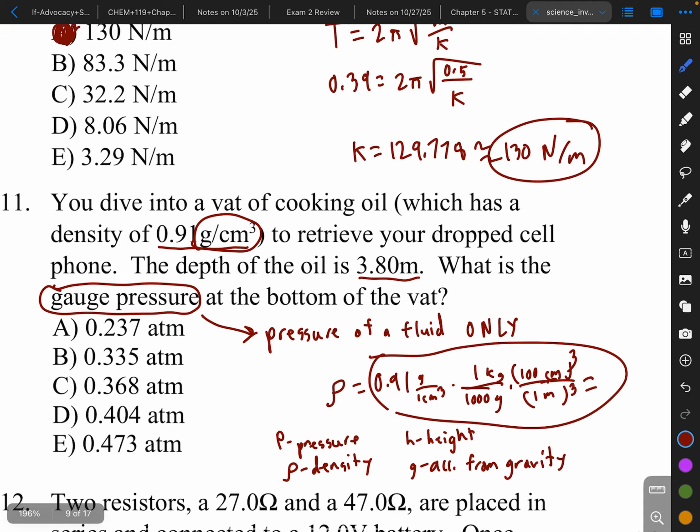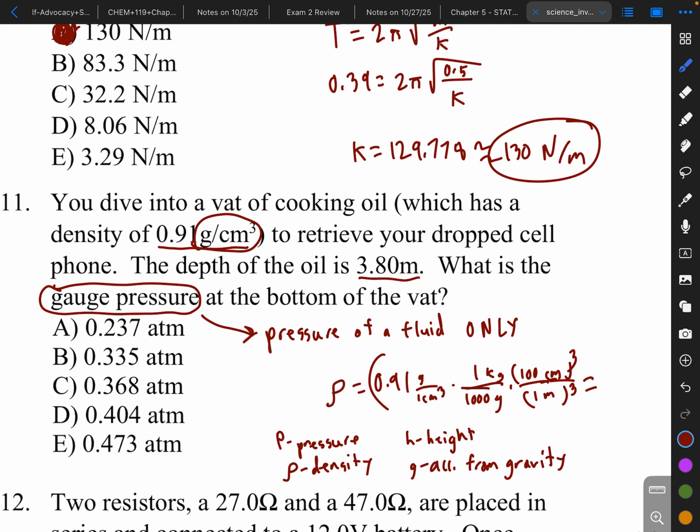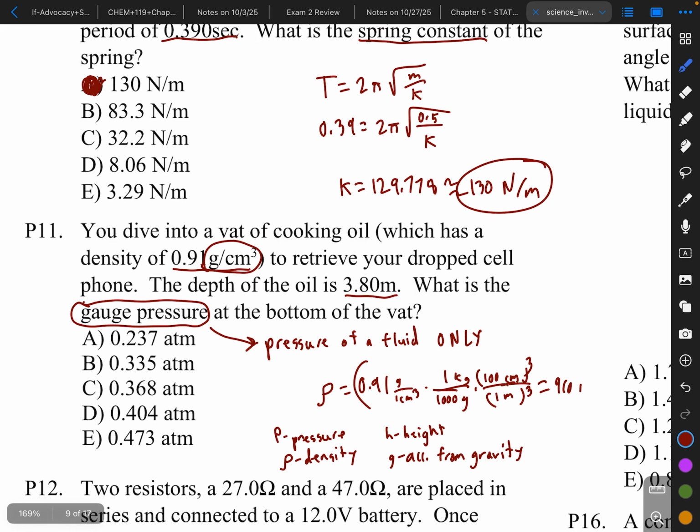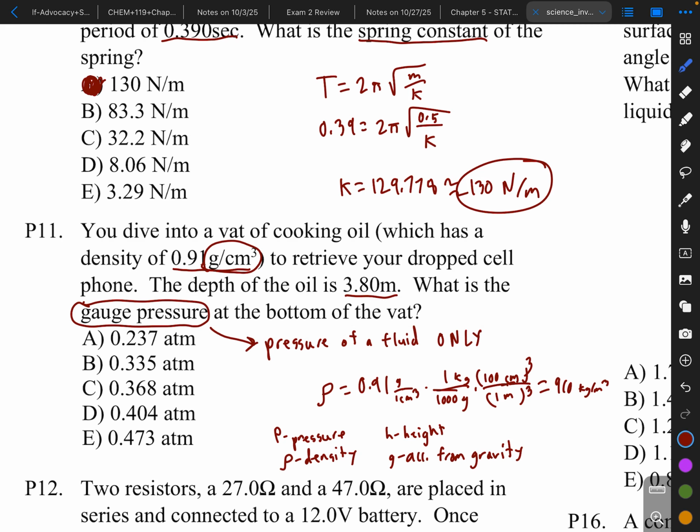Plugging that entire equation in will get you 910 kilograms per meter cubed. So pressure equals 910 times, what's the height? The height's 3.8, and acceleration due to gravity is always 9.8. So now we got the gauge pressure: 910 times 3.8 times 9.8. We got the gauge pressure is